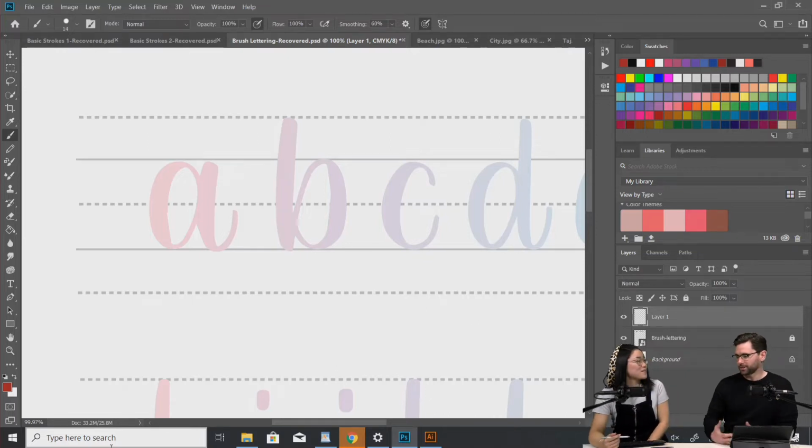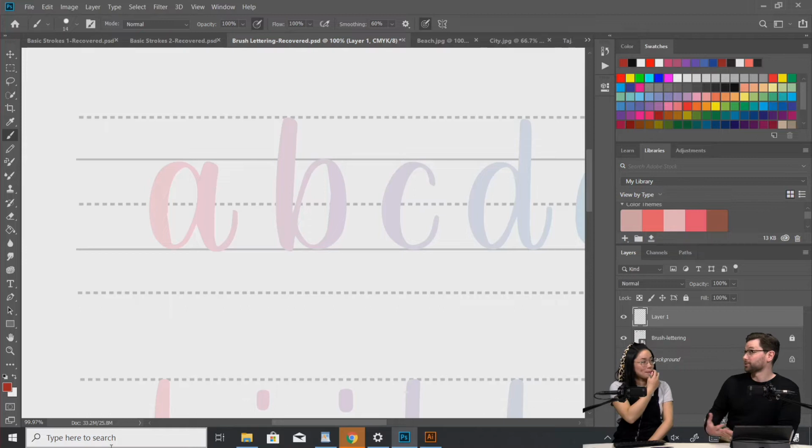It's like illustrators that we've had on the show as well. A lot of people ask them, do you use lots and lots of brushes? And they say, actually, most of the time I use this one brush, and that's all I use because it's where I'm really comfortable. Yeah.